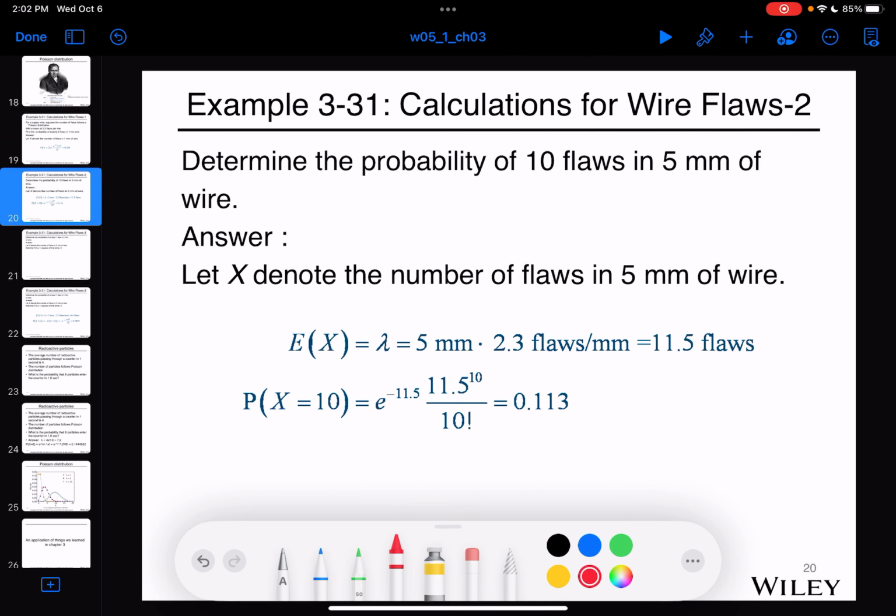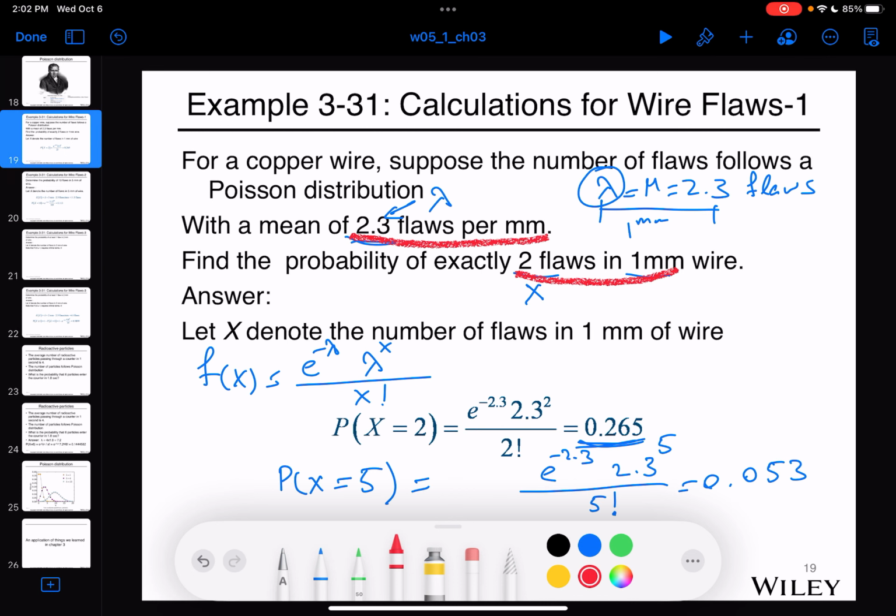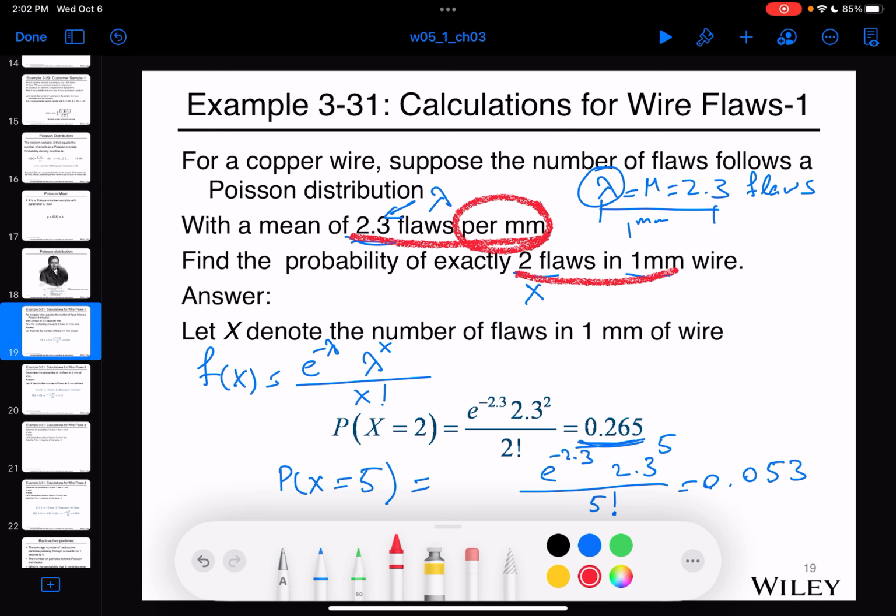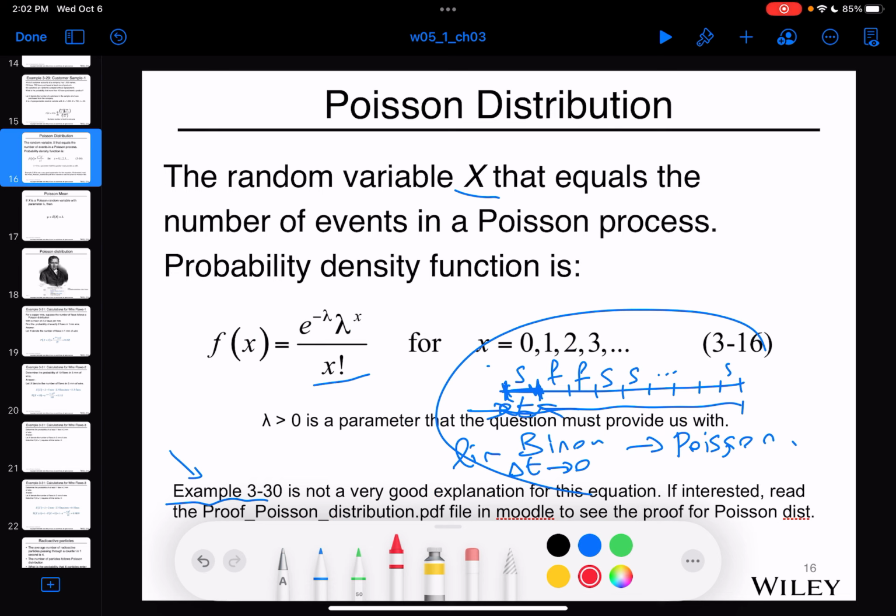So we want to find the probability of 10 flaws, but instead of 1 millimeter, the question is asking us that the length is 5 millimeters now, right? So it's not 1 millimeter as before. Before it was per millimeter, here it is in 5 millimeters, right? So the first thing we have to do, in the Poisson distribution, is remember that lambda is the average number,